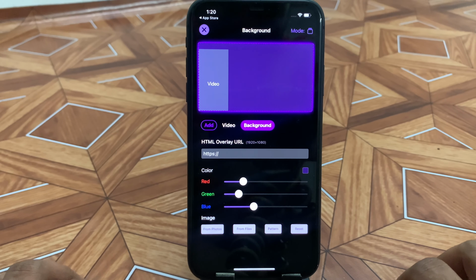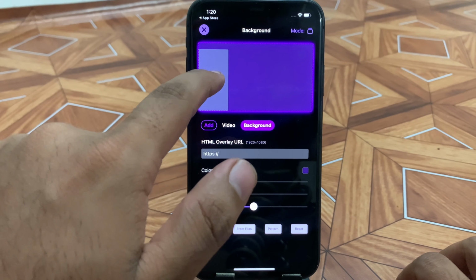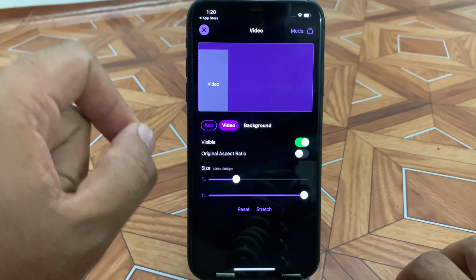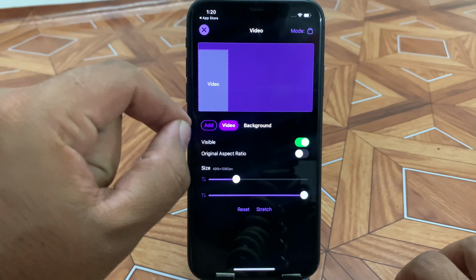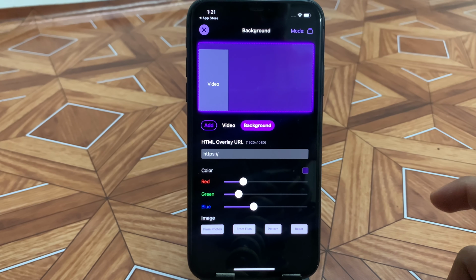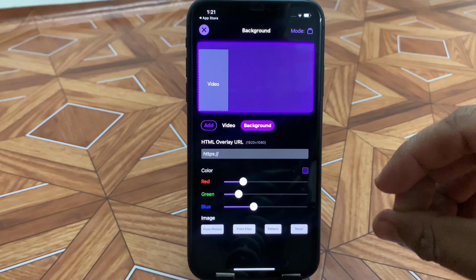Now this is how you will see your app. There are two different portions. The first one is the background, and the other one is the video. The background is larger than the video. If you stream as it is, your video will be displayed in that small video rectangle. So you need to adjust your video according to the background. Now let's do that.